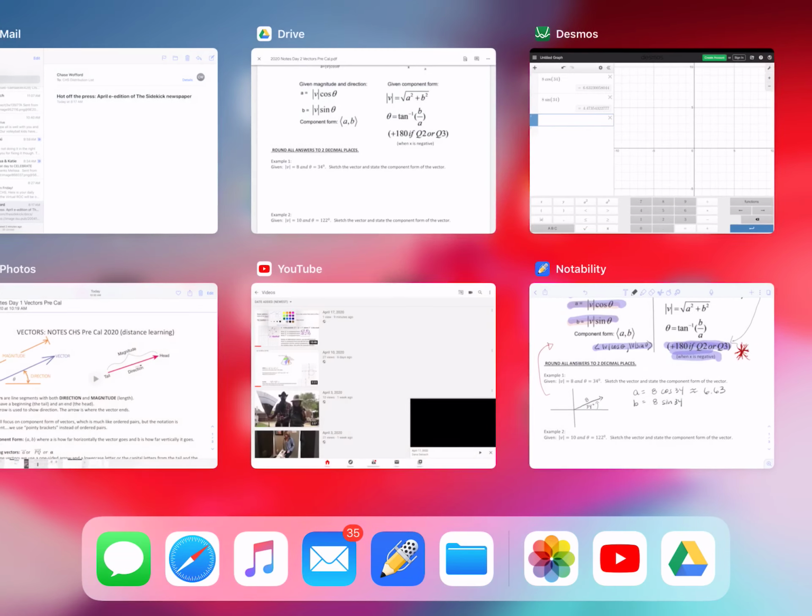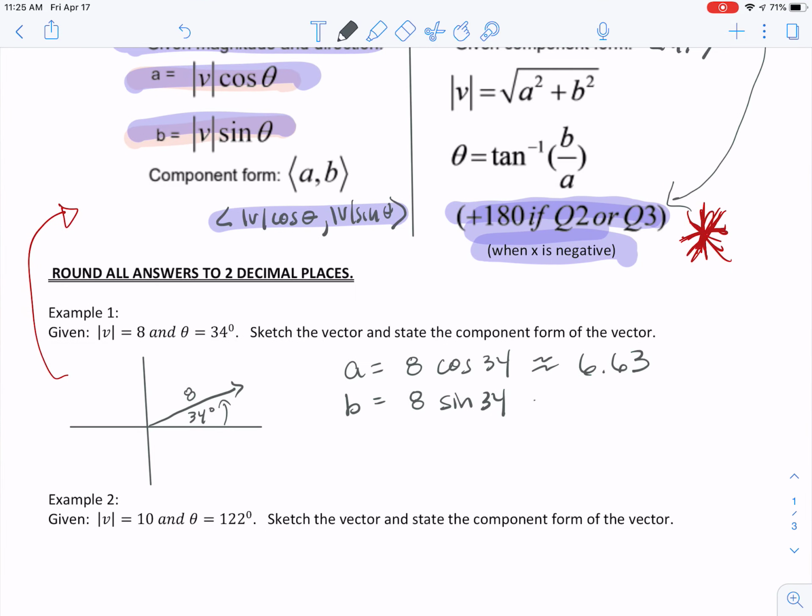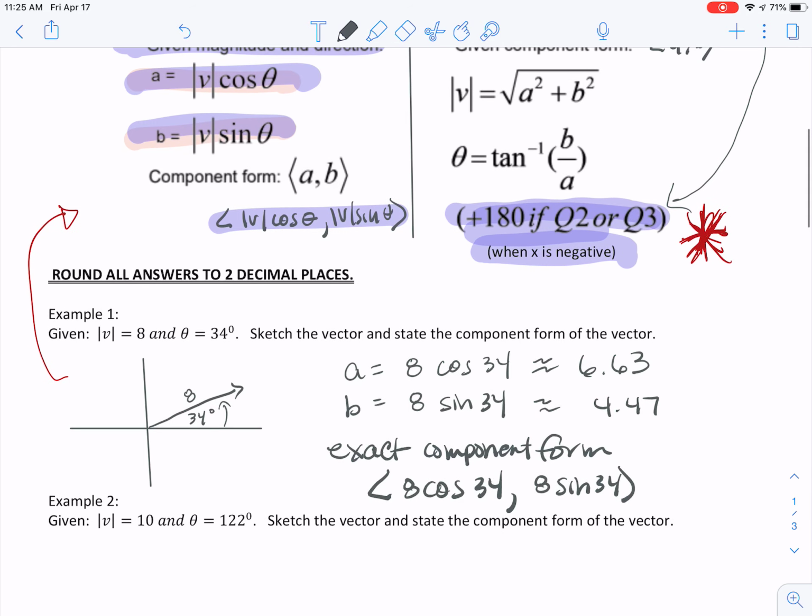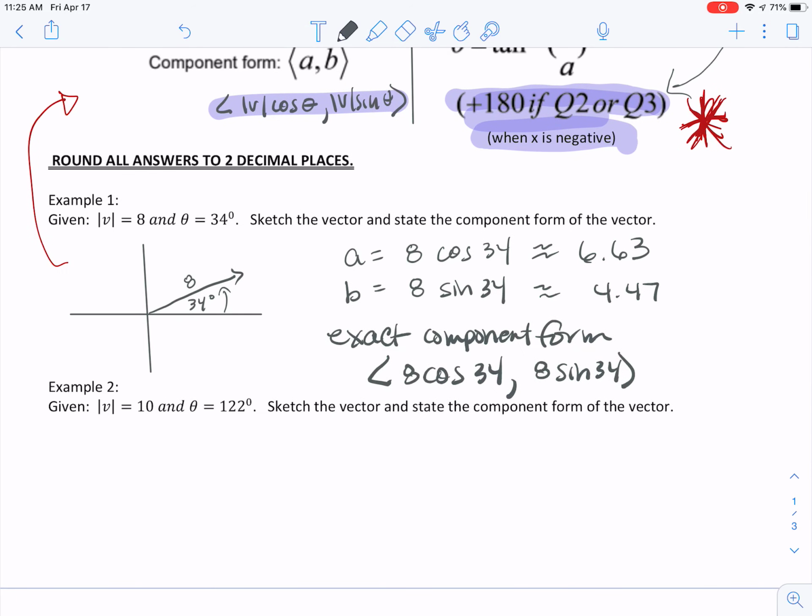So if I go back, that's approximately 4.47. So the exact component form would be 8 cosine 34, comma 8 sine 34,